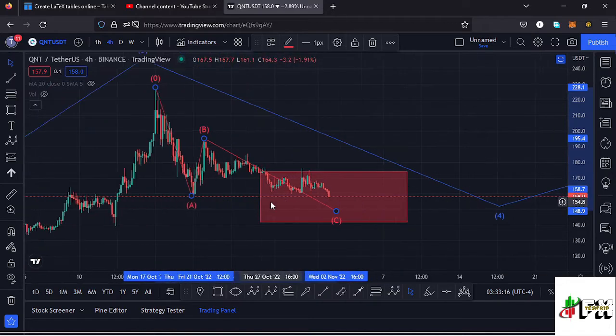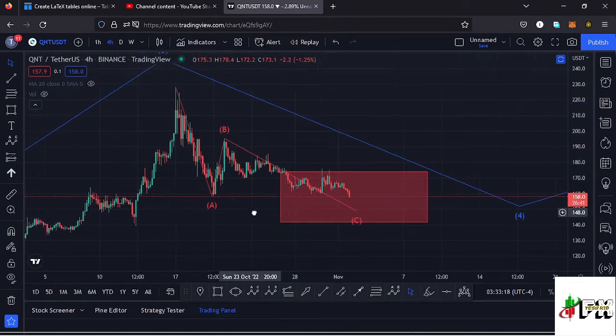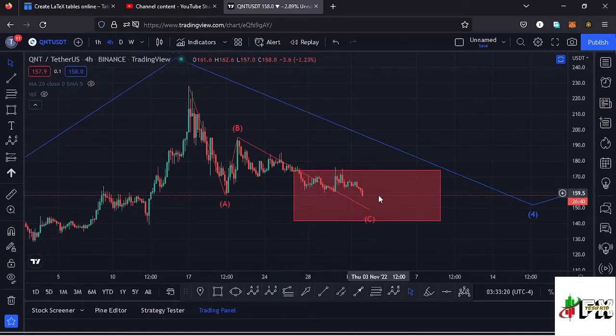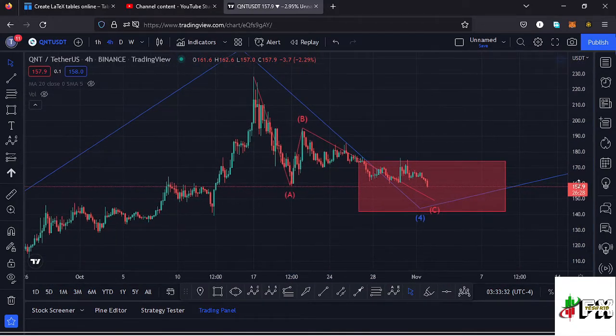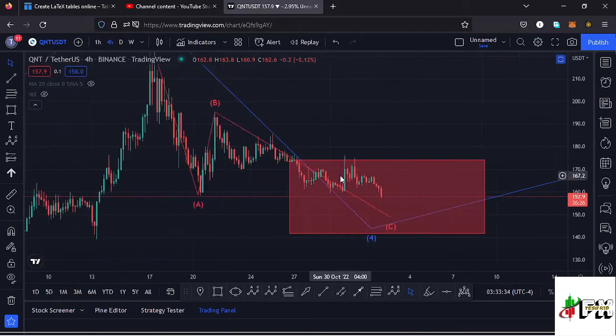And I believe that is what is playing out over here, and today maybe we might be able to make that low in the formation of that wave C, and once that plays out then we can sketch out a very nice movement to the upper side in the formation of that fifth wave to the upper side. And getting to the key chart patterns that are in formation over here to support that movement to the lower